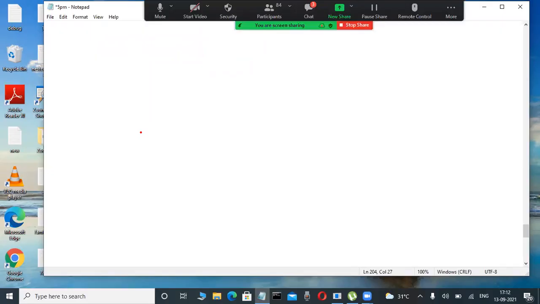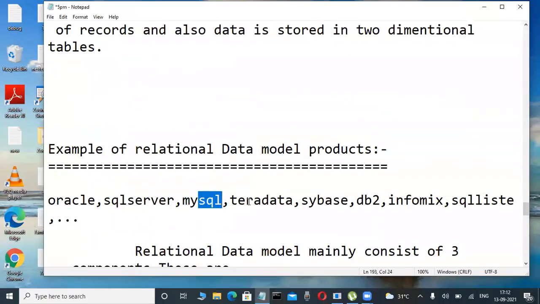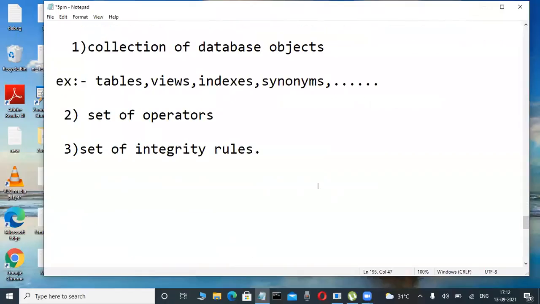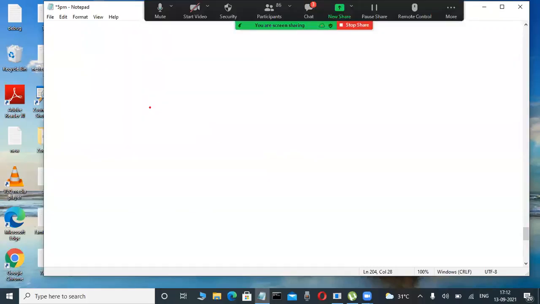Nowadays, people learning courses like data warehousing technology, Informatica, DataStage, Talend, and tools like BOs and OBI learn about fact tables and dimension tables. But programmers of Oracle, SQL Server, MySQL, Teradata, Sybase learn about one important rule in the relational data model. What is that? Observe the screen. In our projects, in relational data model based products projects only,